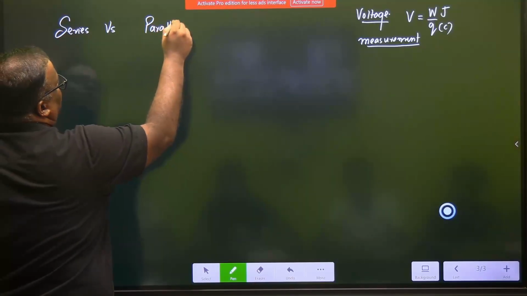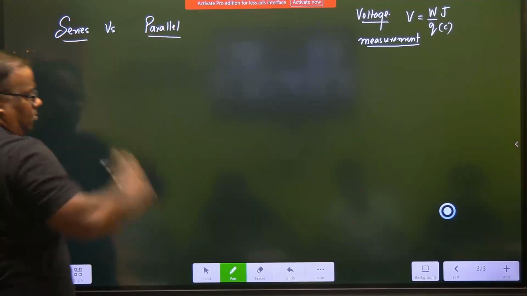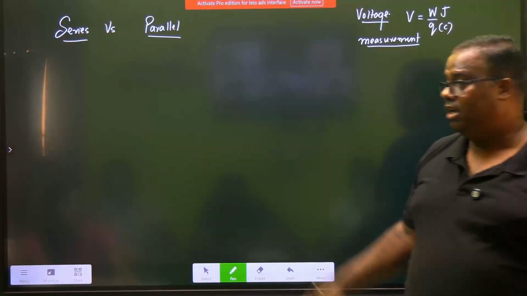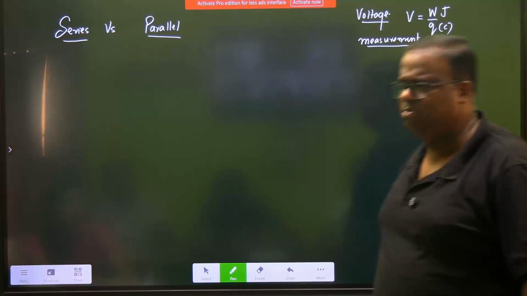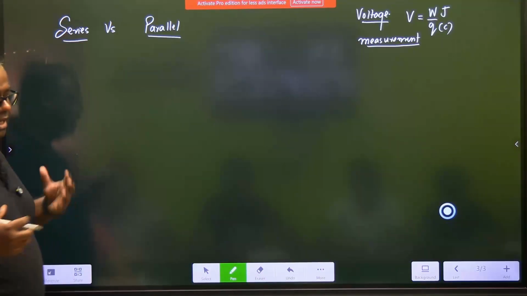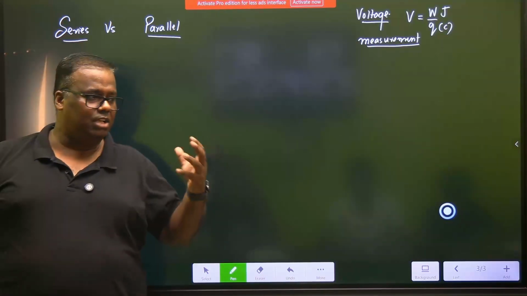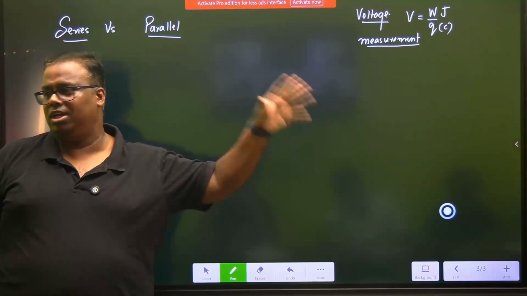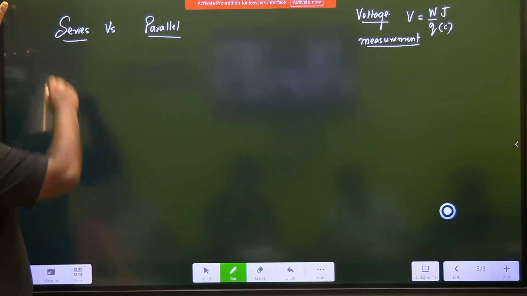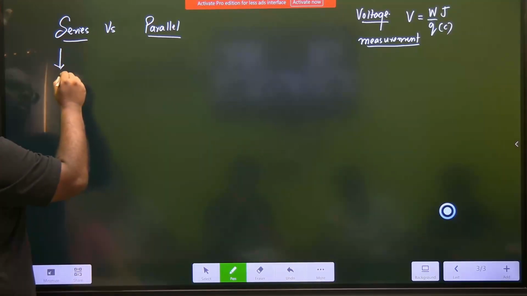Series versus parallel. These are modes in which appliances are connected, series or parallel. Let's go by a very simple topic. Series means I can have a device. That device can be connected in series or the device can be connected in parallel. We don't know what is series and parallel. The easiest way: series is your childhood